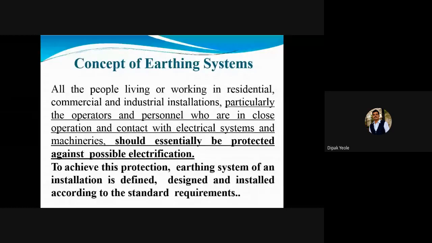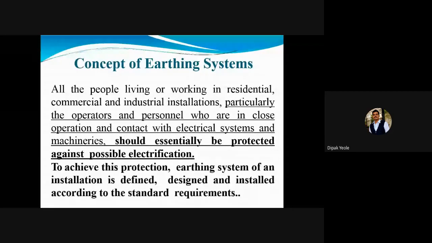So today in the morning, we conducted one experiment, designing of an earthing grid for a 132 to 220 kilovolt substation. For that we require the data, and that data should be collected from standard values, or one can directly do the survey based on the environmental conditions, and he or she can find that particular data. After designing, we have to install the particular earthing system.